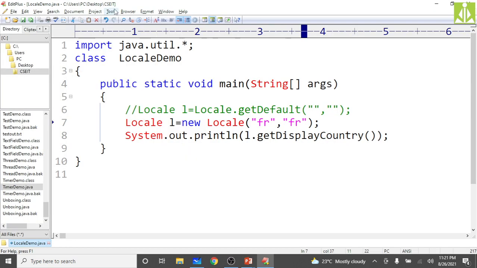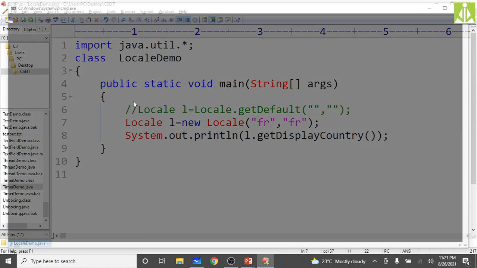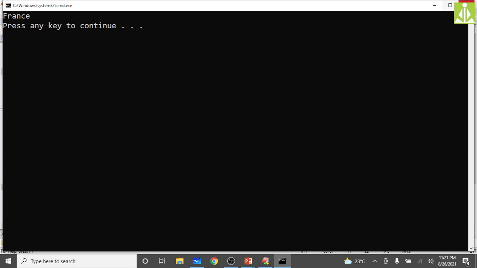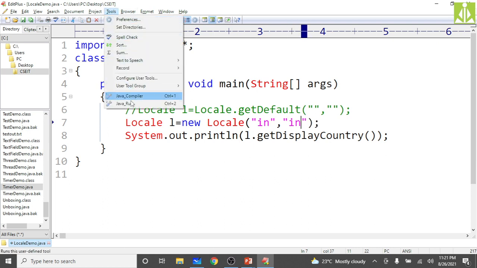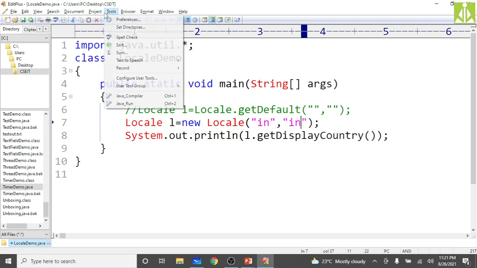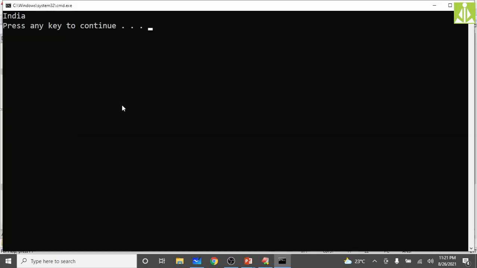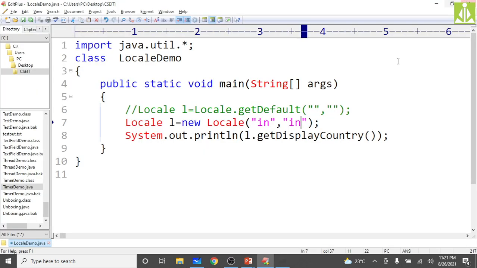Okay, successfully compiled. Then run, France. If I put IN, maybe for India, just save it, compile. Here we have the country code IN, then run, India, it is printing. So in this way you can create the Locale object and make your application specific.